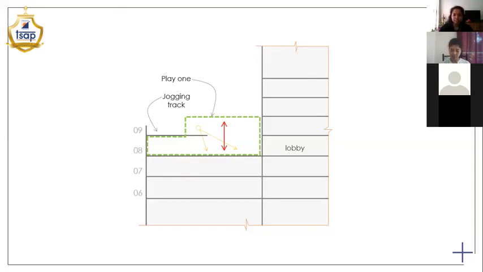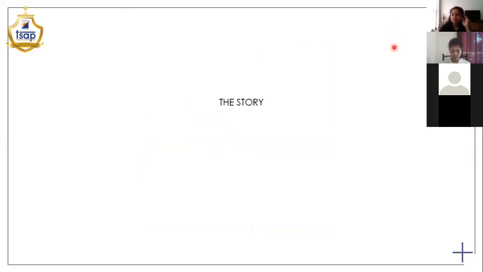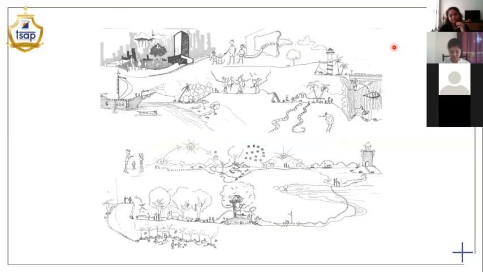One of the initial design steps that we had was to start with the story. We developed a story that basically created a journey. Our idea was to take the kids or the users through a journey that gave them varying experiences, spread across your 8th and 9th floor. Of course, this story went through a lot of design development and changes, and the final result is not exactly the same. But I'll still give you a gist of the story.